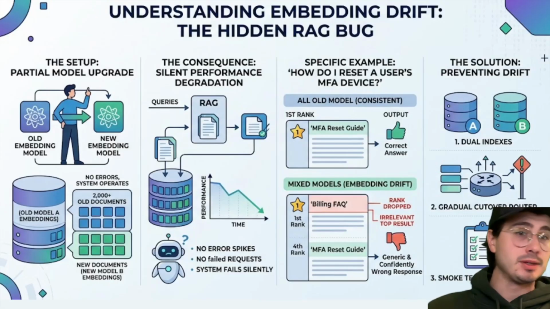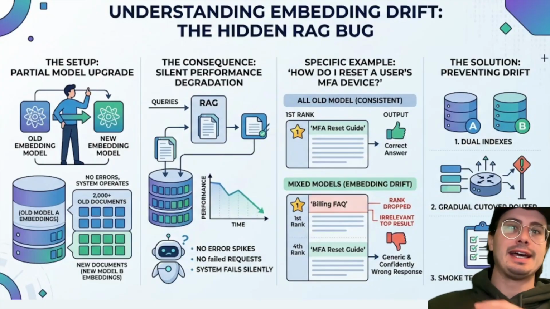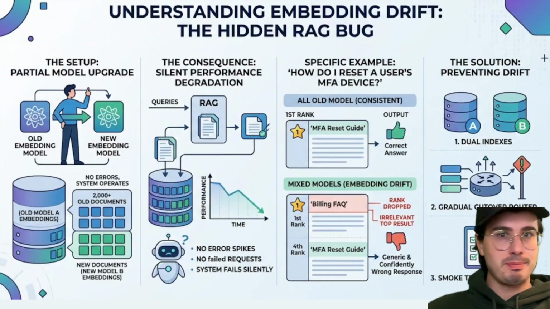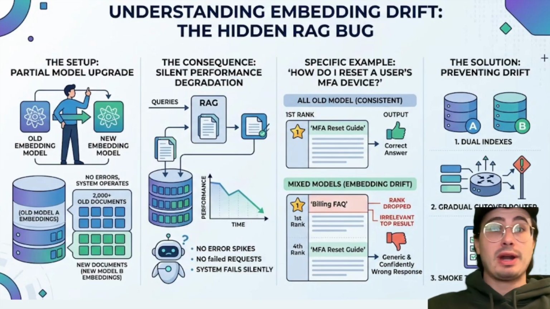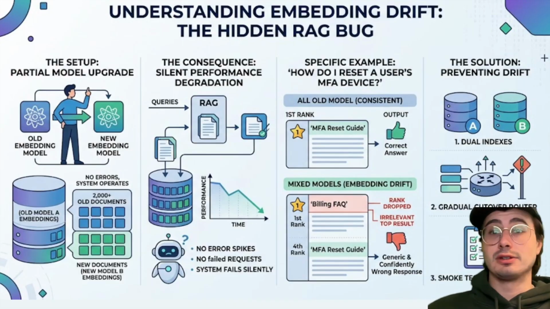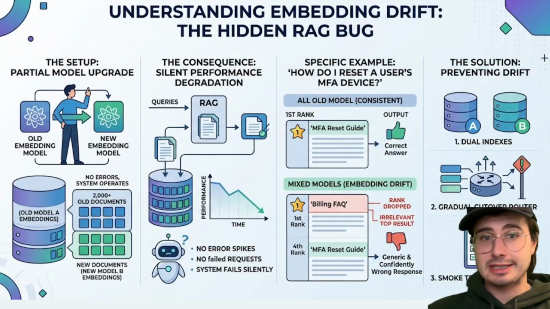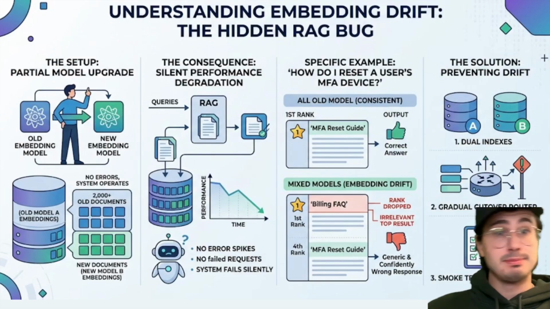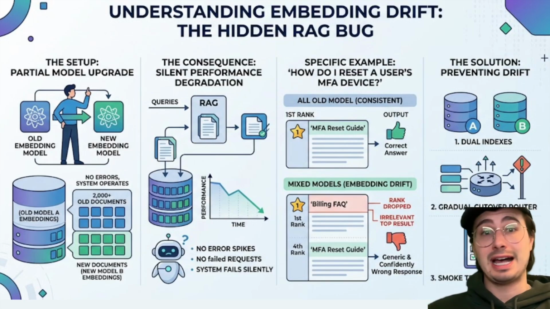Today I want to go through a kind of hidden problem that has arisen with the rise of vector databases, which is the silent degradation problem and embedding drift. If you upgrade your embedding model without re-embedding the documents that are already sitting in your vector database, what happens on the surface is nothing and there are no errors, and your RAG pipeline will keep answering questions, but it'll just get worse, a little more with every query, in exact proportion to how much of your index is still on the old model. That's embedding drift, and it's one of the hardest RAG bugs to catch because the system is designed to fail